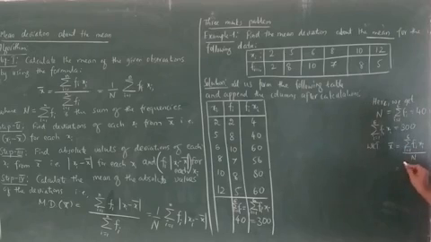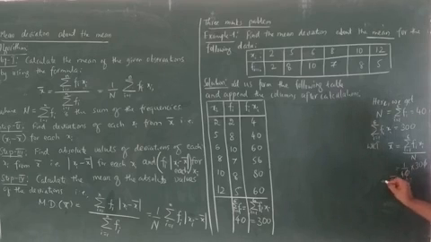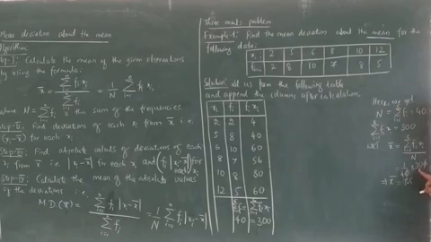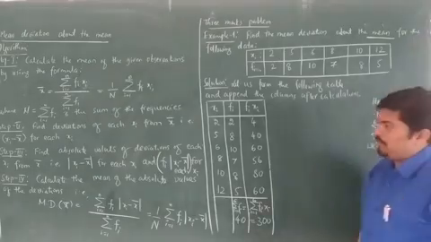That is equal to 1 divided by 40 into 300. This will get cancelled. You are left with 7.5. If you calculate the division, that is 30 divided by 4, you will get exactly 7.5. This is the required mean of the given set of observations.